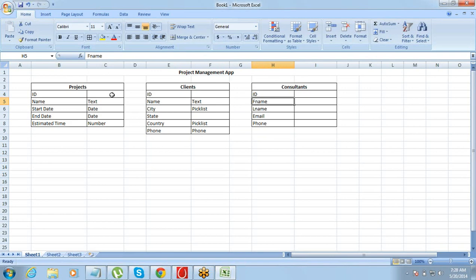So that is it. Now the other thing that we need to talk about is a relationship, okay? So relationship is a simple thing. Relationship is basically connecting two objects, okay? So if I want to connect or relate projects with the clients, if I'm not able to connect projects with the client, so I need to create a relationship there.